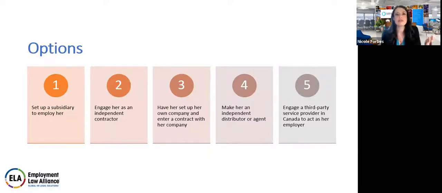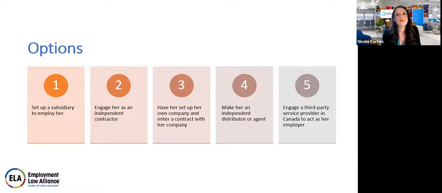And then if you think about provincially what province she's in, there's going to be another assessment about which province laws apply to this individual as well. And from the corporate perspective, by setting up operations in a new country, you may be opening yourself up to what's known as permanent establishment risk, where the country that you are operating in says to you as a company, you've been operating in our country, please pay us all the corporate taxes and also payroll taxes and